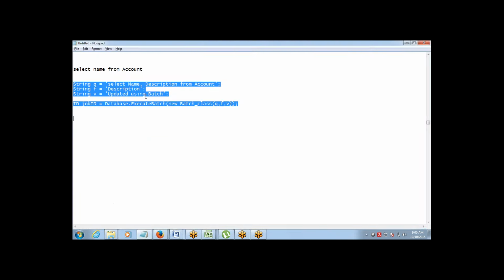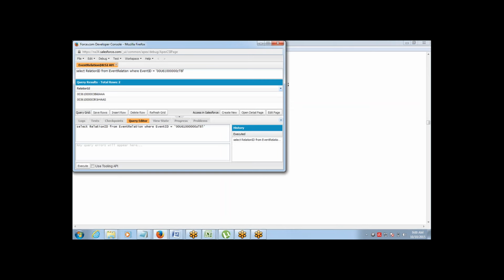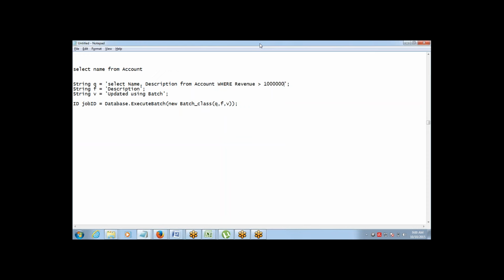Where, let's say, the revenue is greater than a million, something like this. That's something you'll have to specify in the query. Or an account ID itself can be mentioned. You will definitely not do it for one account ID; you'll have to mention a list of account IDs. Whatever you want to perform it for, you just need to mention it.